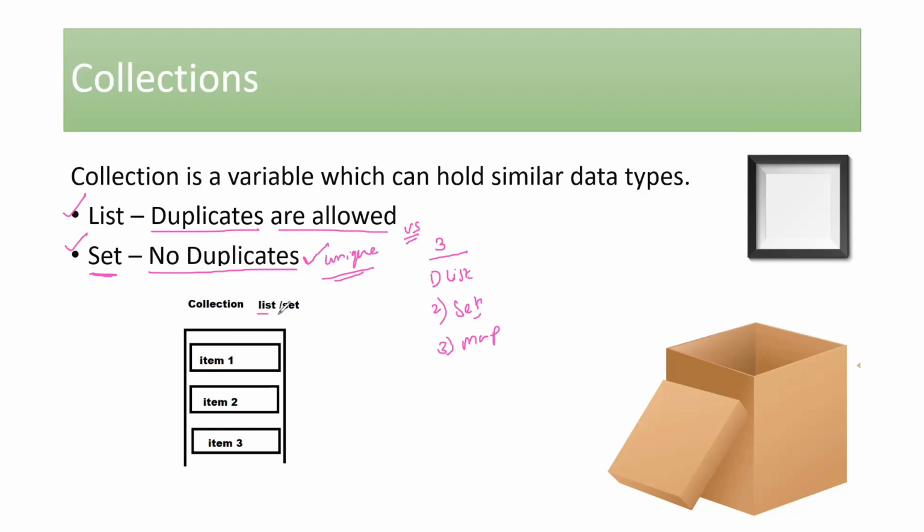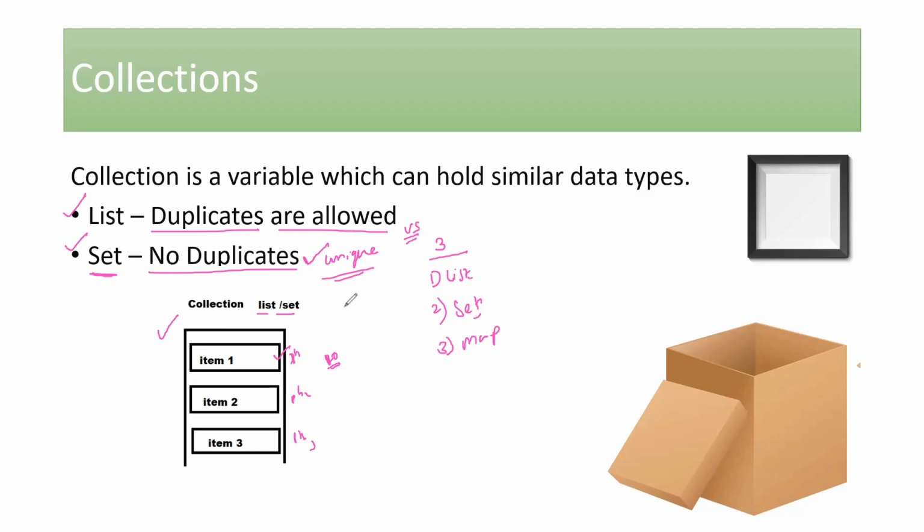Whenever it comes to list and set, think of a cardboard box and imagine the items that we are adding to it as a photo frame that we are adding into our cardboard box. So this is our first item or the first photo frame. This is our second photo frame, so on and so forth. So if you have 20 friends who are invited to the party, you will be taking 20 photo frames into this collection. If you are expecting only 10, the collection would reduce its size and it would only hold 10 values. So this is how the list and set would look like.